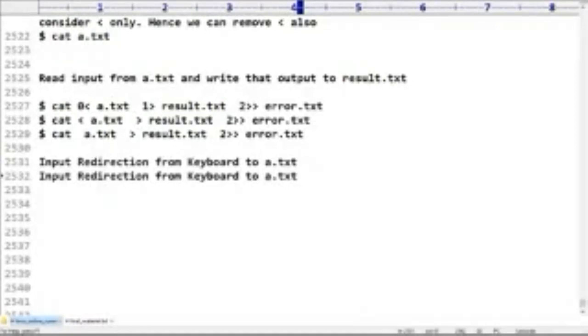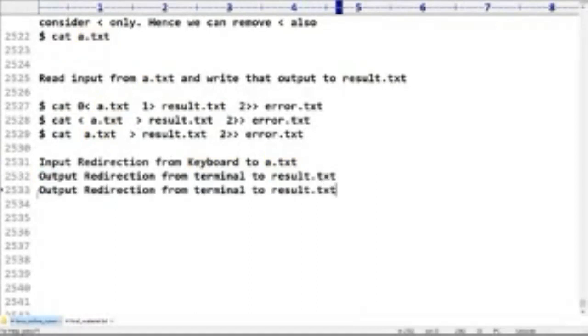Next, output redirection from terminal to result.txt. Next, error redirection from terminal to error.txt.